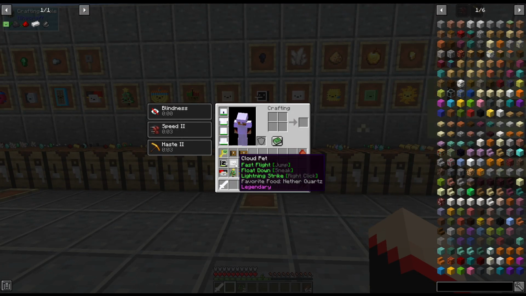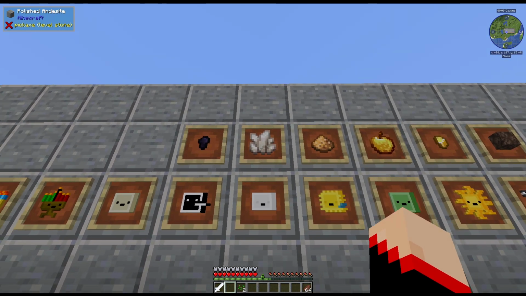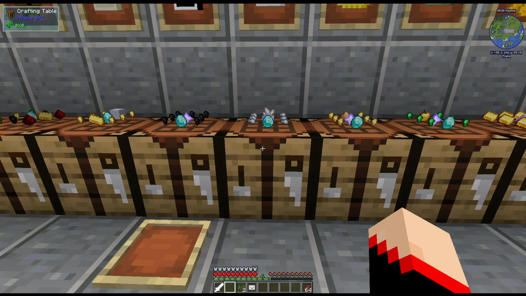Next, we have one of my favorites, which is the cloud pet. He likes to eat nether quartz. So it is pretty easy to make. This one is a little OP, and in a lot of mod packs, they do disable the crafting recipe of this one. So it is 6 iron ingots, a diamond, nether star, and nether quartz. Why is it so OP? Well, first of all,